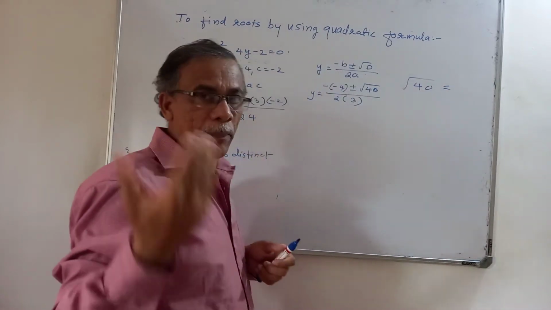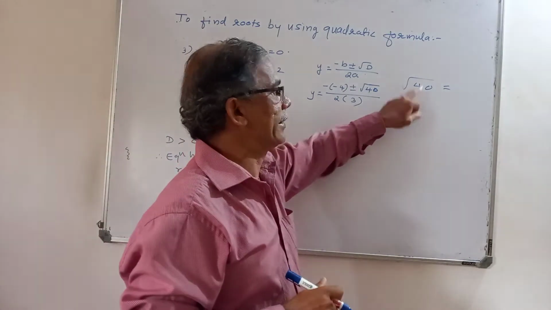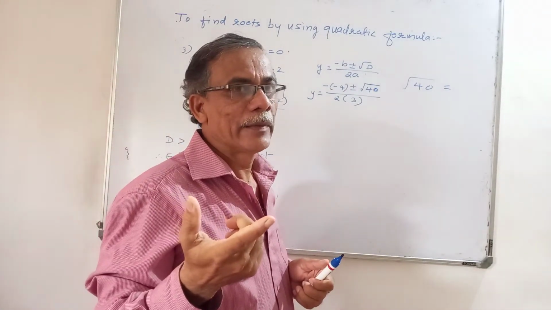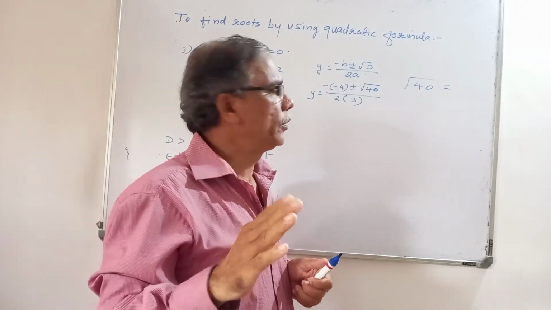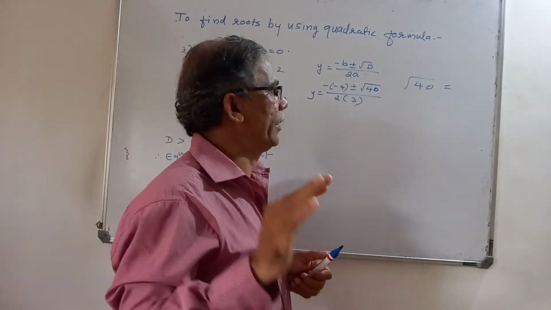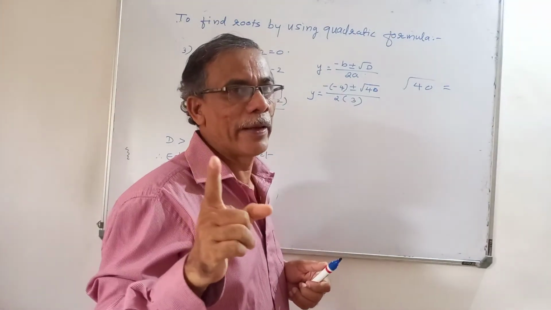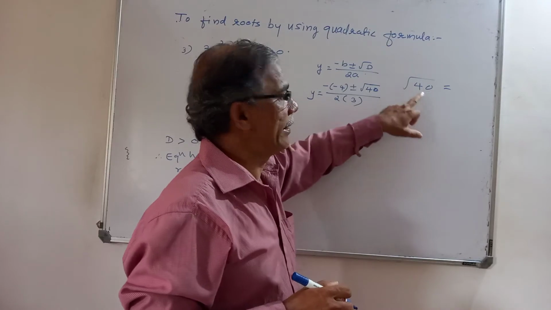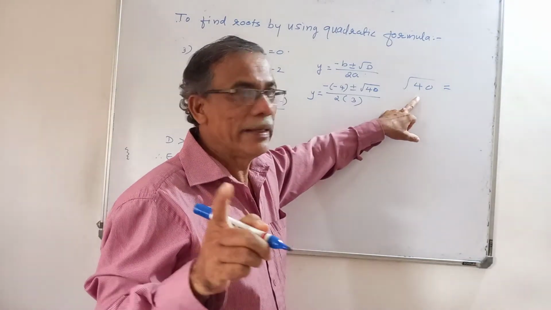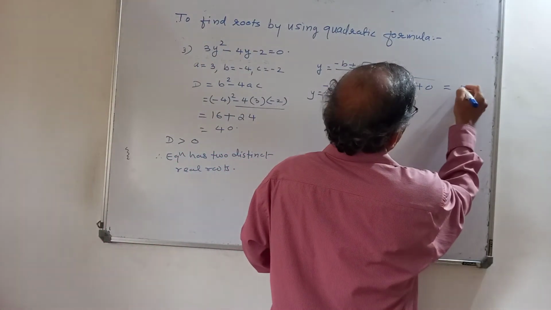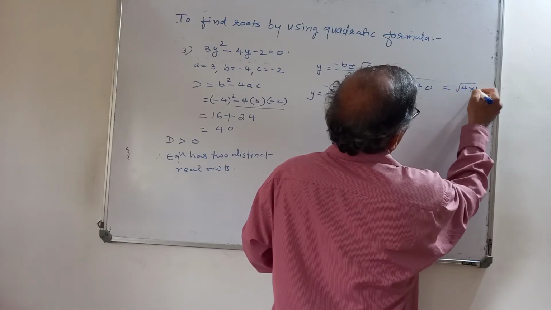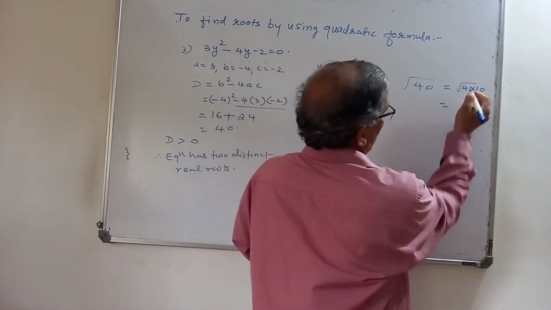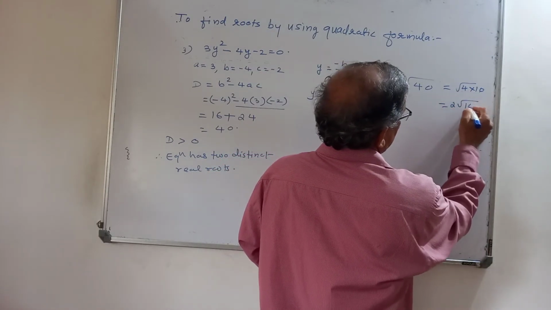You have to find a perfect square number which divides this 40. So first perfect square number which is there, of course 1 is there. We shall not consider 1. After 1, 2 square 4. 4 is the perfect square. Now you can see this 40 is divisible by 4, isn't it? So 40 means it is 4 into 10. It is like this. So now square root of 4 is 2, and this is the irrational part.